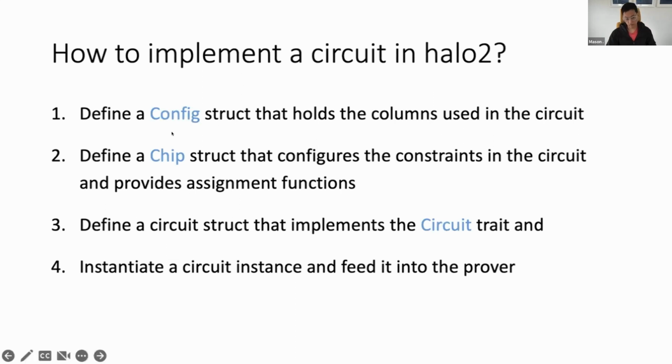So yeah, the chip struct typically implements both of these and something called configure, and then another method called either assign or synthesize. And then you define a circuit struct that implements the circuit trait. I will go over what the circuit trait is later. Then you can instantiate a circuit instance and feed it into the prover, which will actually generate the ZKP,